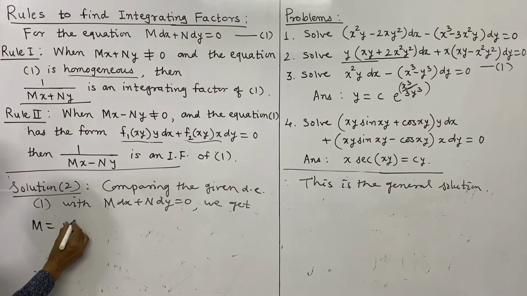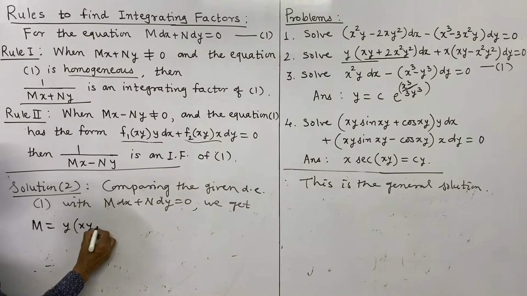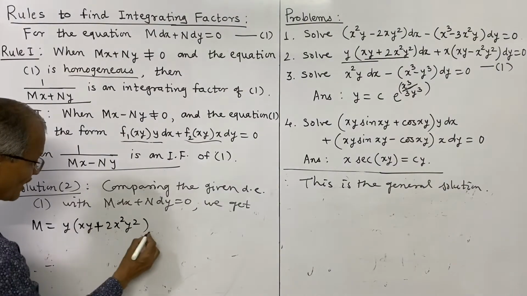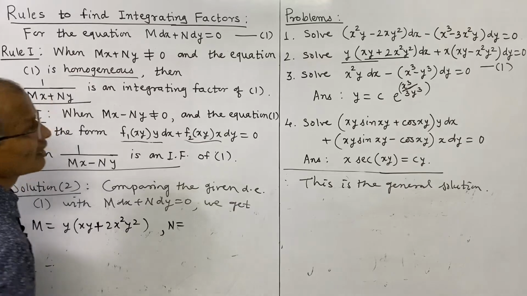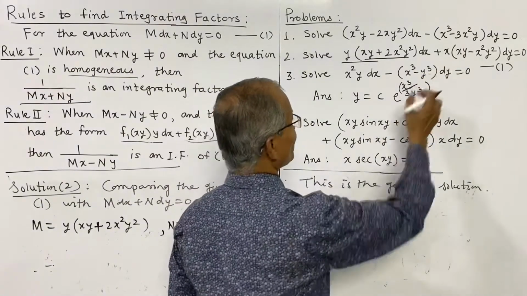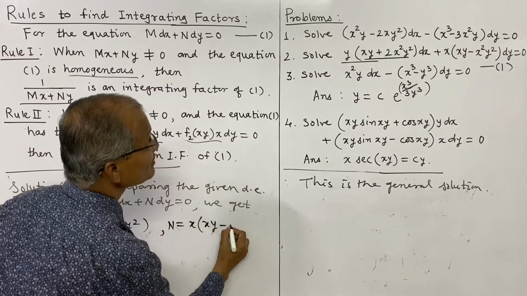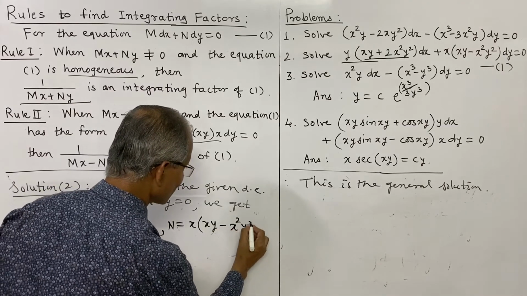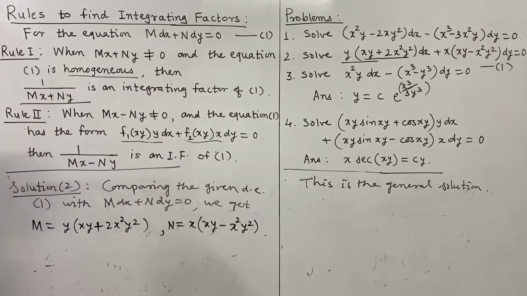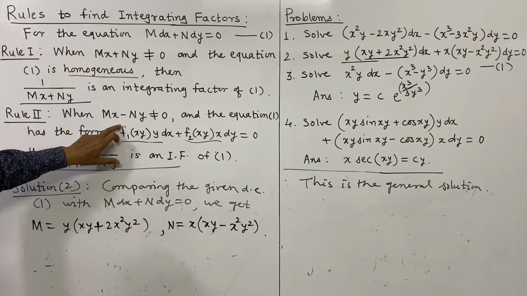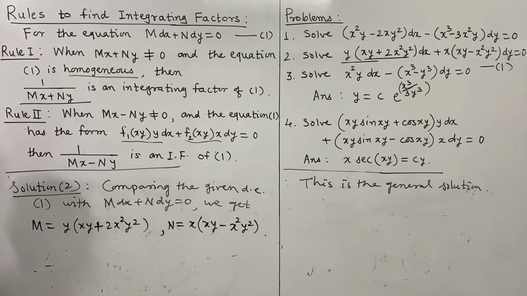y into xy plus 2x square y square. This is m, and n is x into bracket xy minus x square y square. This much is n. Now we need to check whether this is not 0 or see, check this. Now mx minus ny,